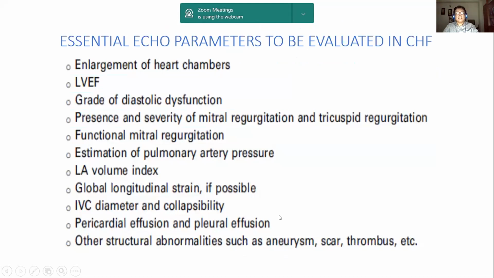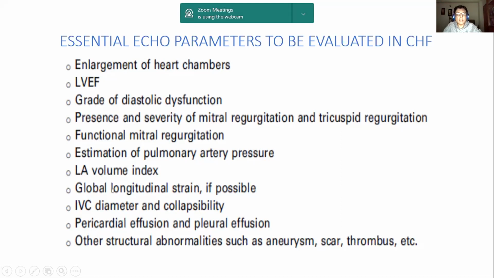The echo parameters: echo is almost a mandatory investigation. What are the things we need to see? The enlargement of cardiac chambers, the ejection fraction, I have already mentioned the 3 grades of ejection fraction, the diastolic dysfunction, valvular regurgitation, pulmonary pressure, the systolic pressure and the diastolic pressure. LA volume index,